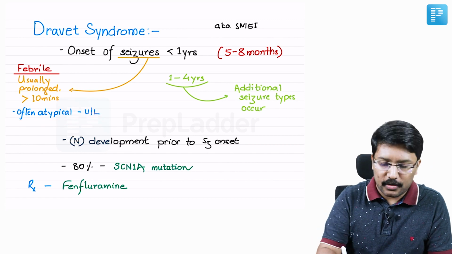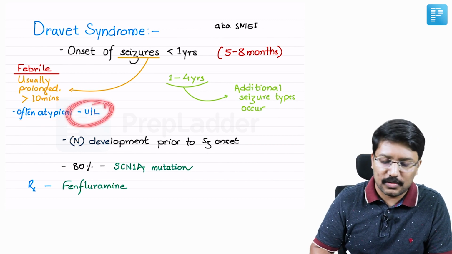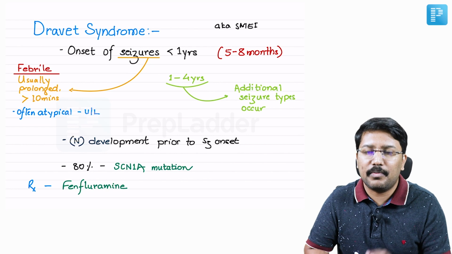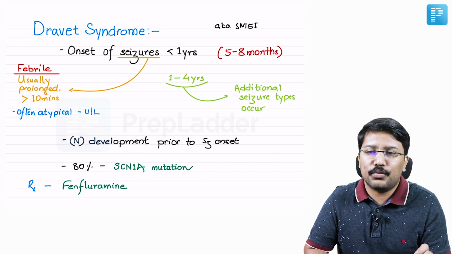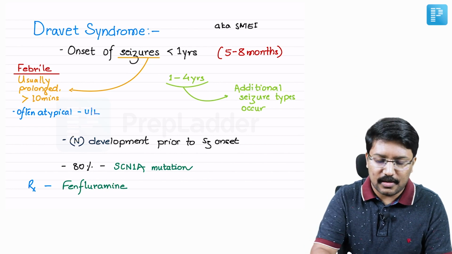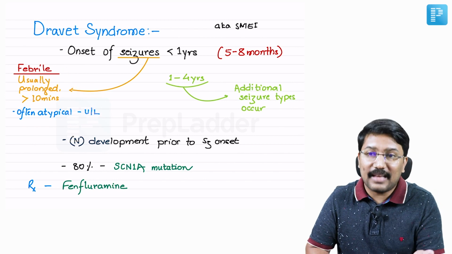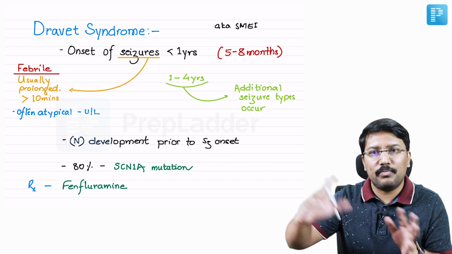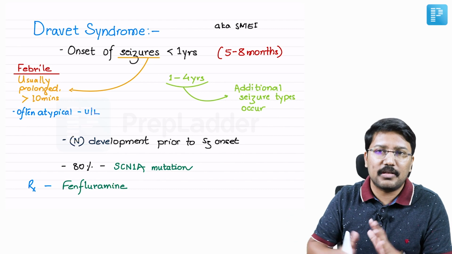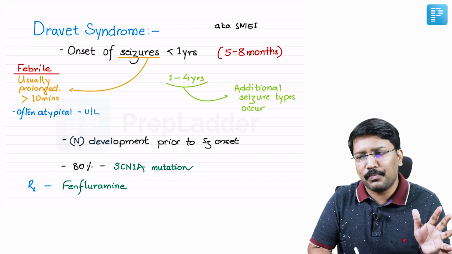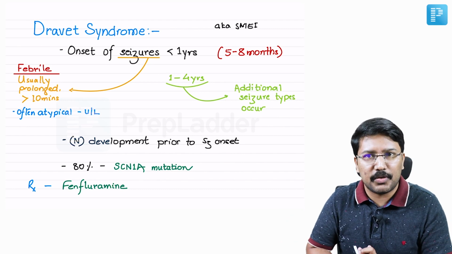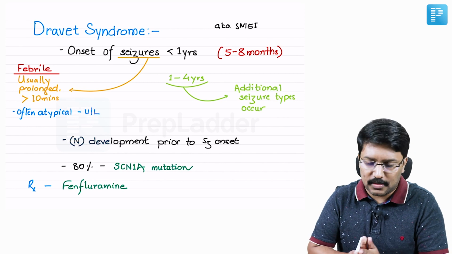Right? So this is one important point for us to note here, right? So they are often unilateral. Atypical febrile seizures, prolonged duration, and unilateral, right? These are important features. This should be taken as clues that this patient may be progressing or may be having a risk of developing Dravet syndrome. There are some scoring systems also. More of that we will discuss when we discuss the epidemiology of the epilepsy per se, right?